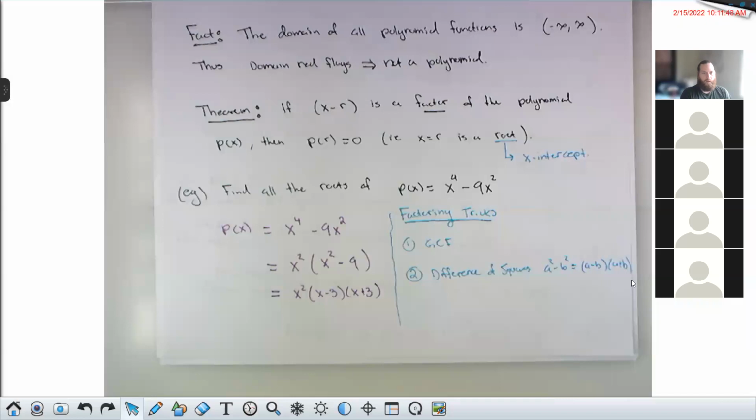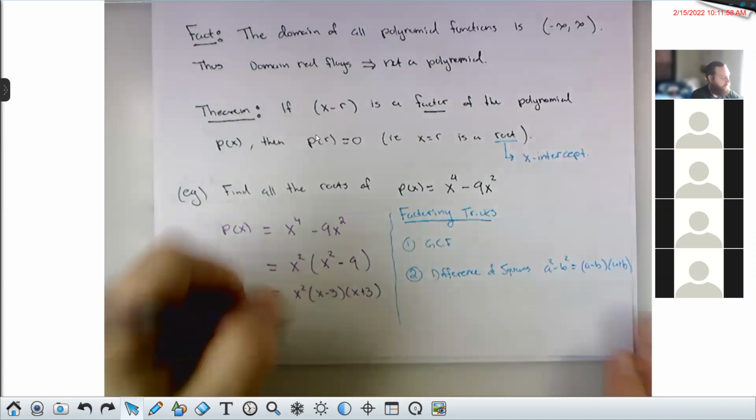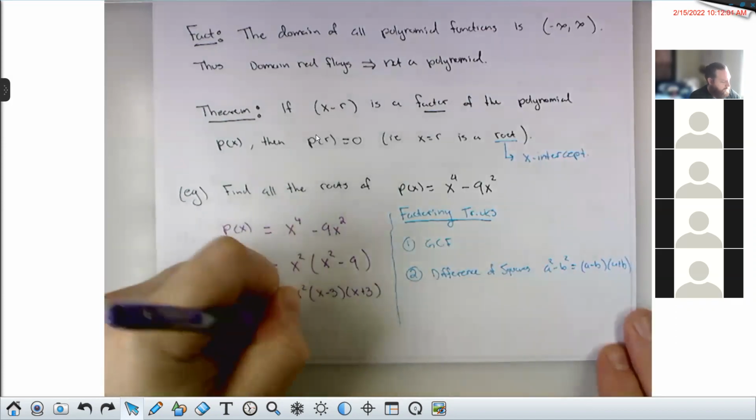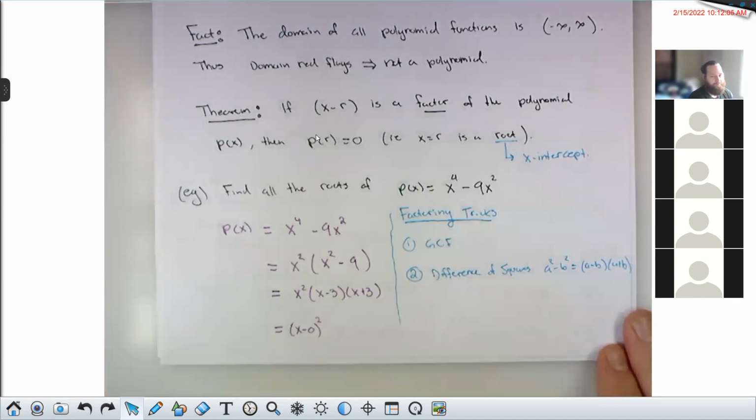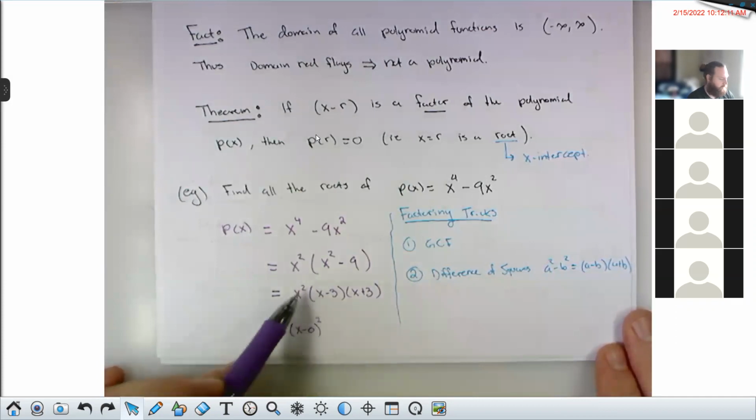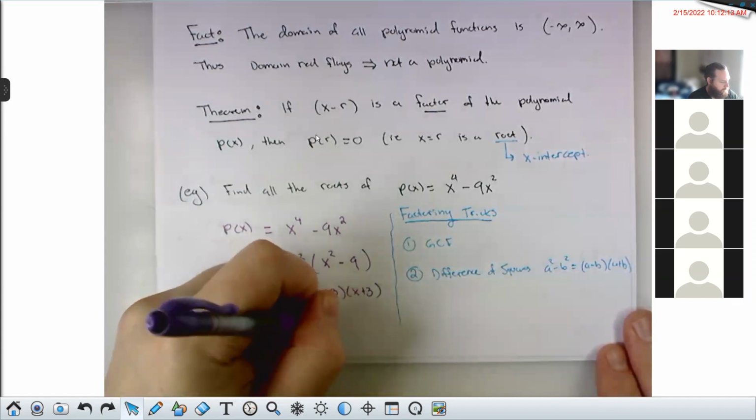Okay, and this I would consider fully factored. But there is one further step we could go to if you wanted, although it's not necessary, it may help you to see the connection to the theorem. I can write x squared as x minus 0 all squared. It's a true statement. X is x minus 0. Those are the same. So x squared must be the same as x minus 0 squared. And now